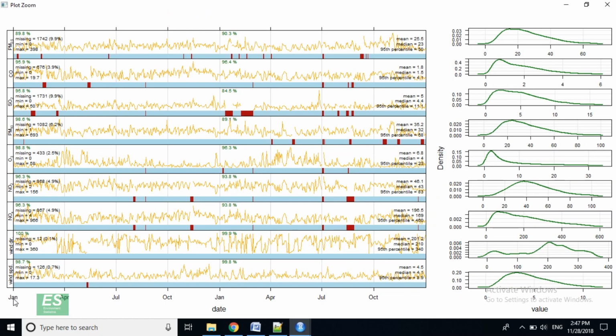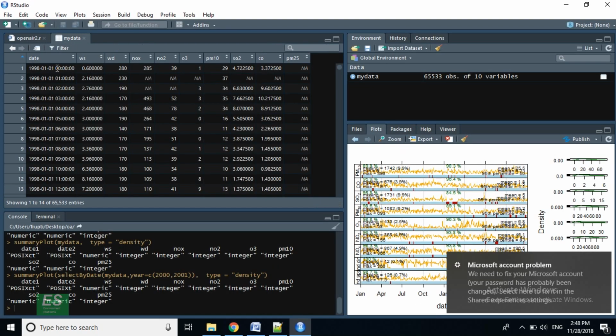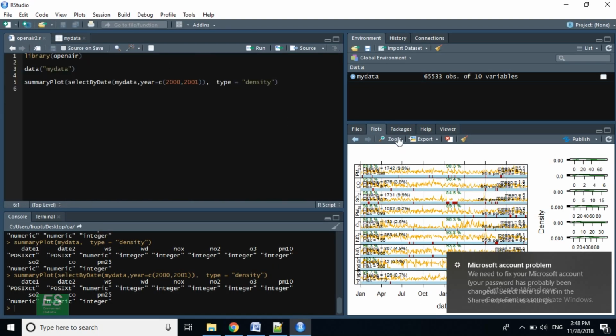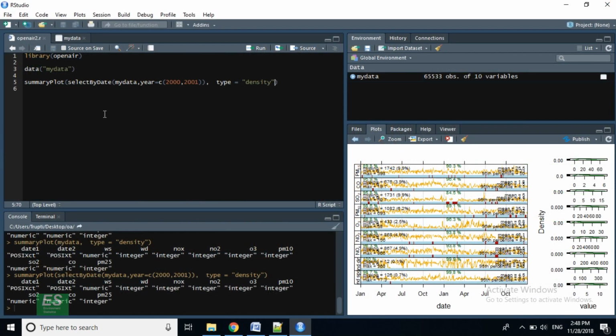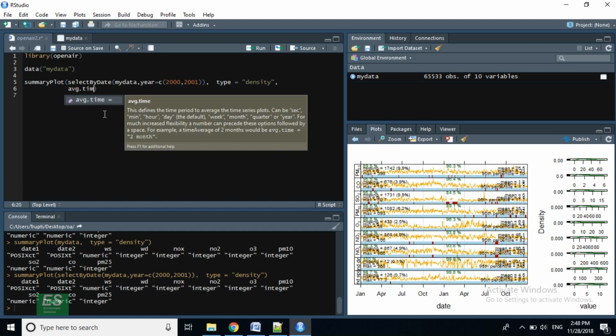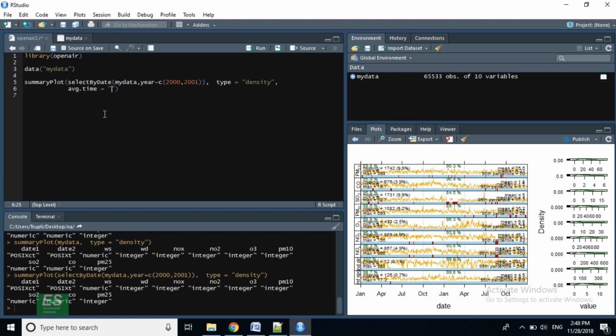This is January 2000 to December 2000, and this is January 2001 to December 2001. This is hourly data, but for the summary plot it is averaged to days. So we can change this average time also. There is an avg.time parameter in which we can specify the average time.